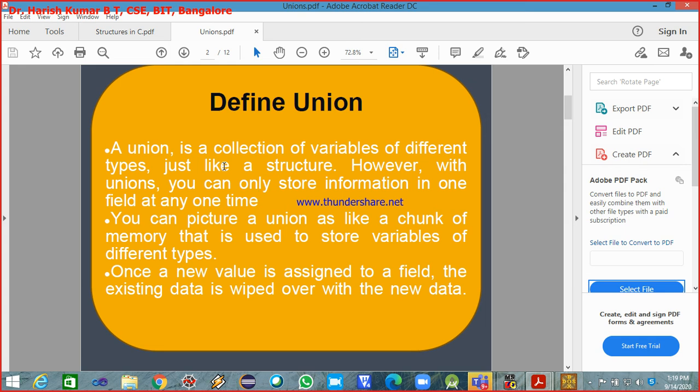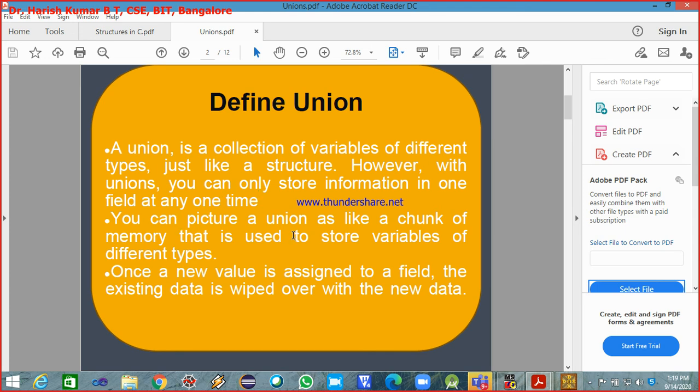A union has one major basic difference compared with the structure, that is in terms of memory storage. Because of that, you can store the information of only one field at any point of time in a union, whereas in a structure you can store information of all the fields at any point of time.